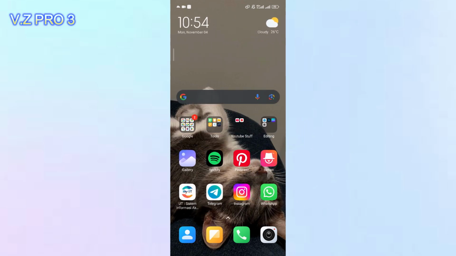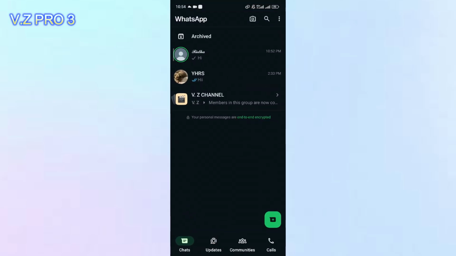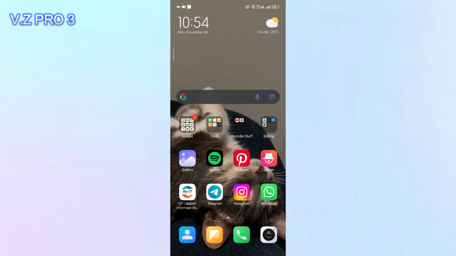WhatsApp does not inform or indicate to a user that someone has blocked you, and you do not even know whether the message you are sending to someone who has blocked you is delivered or read. And what if you want to tag someone who has blocked you on your WhatsApp? It's so simple. So first,